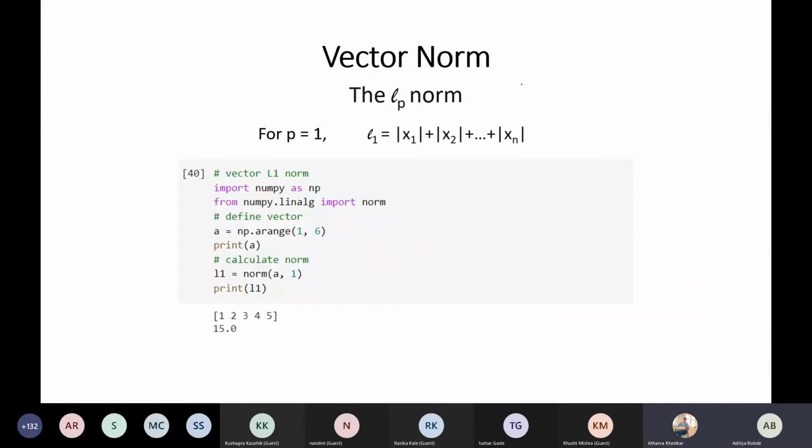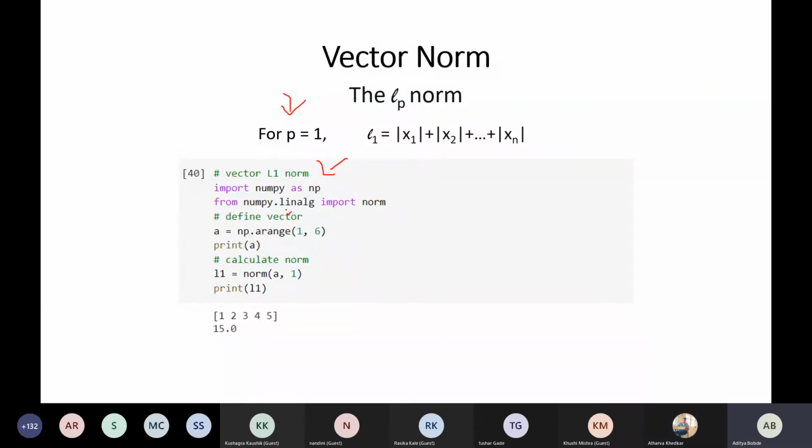Okay, so now we'll see the L1 norm. As I have already seen, if I substitute the value of p equals 1, I will get modulus of x1 plus modulus of x2 up to modulus of xn. Okay, so again I'm importing numpy as np, and for doing linear algebra calculations I'm importing from numpy dot linear algebra.